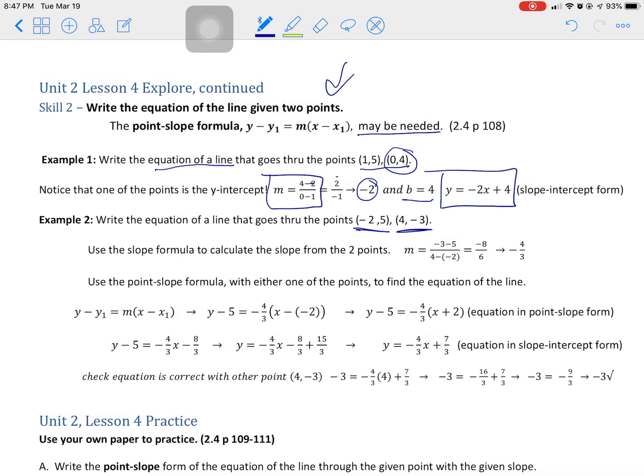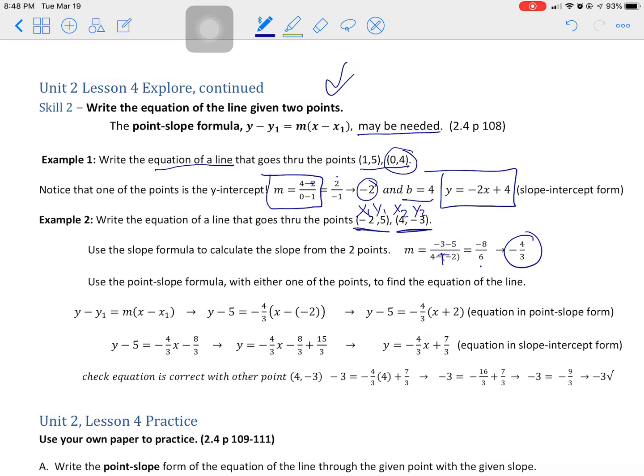So this one, though, gives you 2 points, and it doesn't give you a slope, so I need to calculate the slope first. So let me check this. Negative 3 minus 5 over 4 minus negative 2. Make that a positive 2. That makes that 6. That makes that negative 8, which gives you that as a slope. Okay? Then I'm going to pick one of the points. Okay? So even though I have 2 points and I have them all labeled, I had labeled them to do the slope